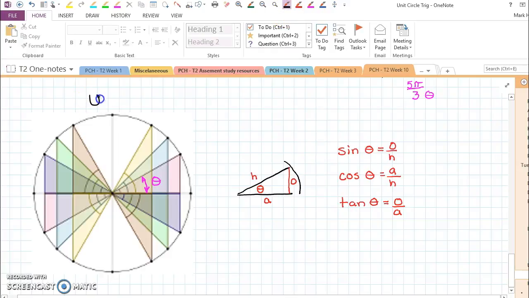The unit circle is one of the most important things in trigonometry, and in some ways the most challenging until you really understand it. If I were to draw this triangle on the unit circle, and obviously the hypotenuse would be 1 because